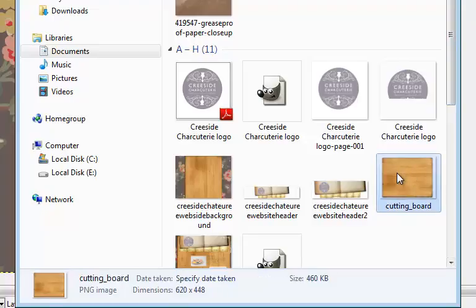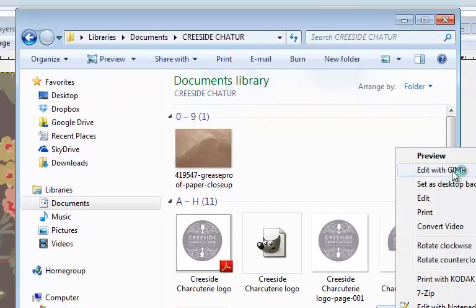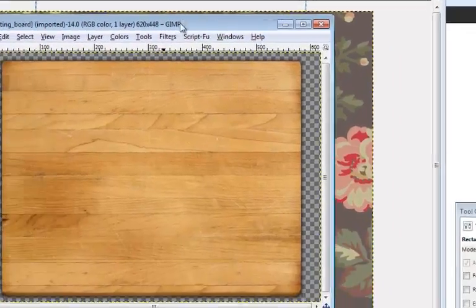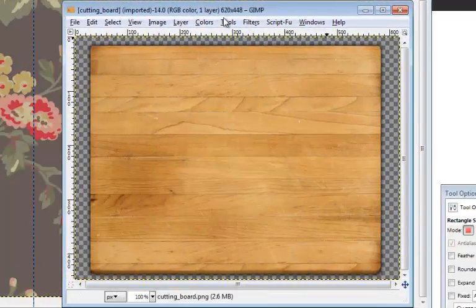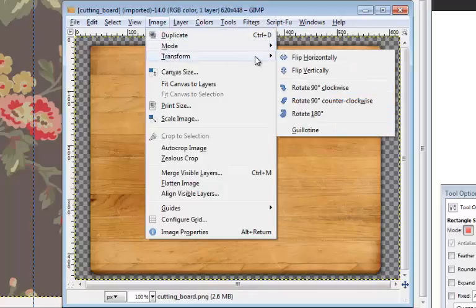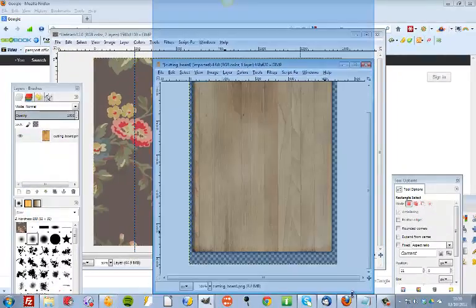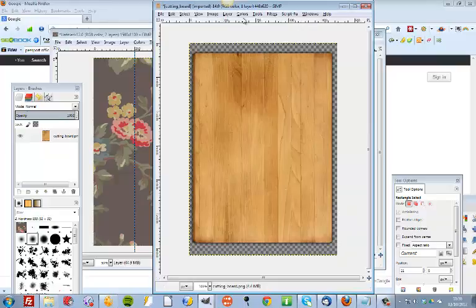So here's the chopping board here, and again if I edit that, you can see here that it again is a bit smaller, so in the wrong way round, because I want that to be going kind of up and down. So all I need to do is image, transform, rotate, okay, and then I want to make it 1000 pixels wide. Actually, I need to